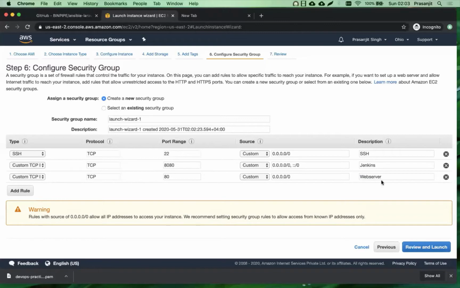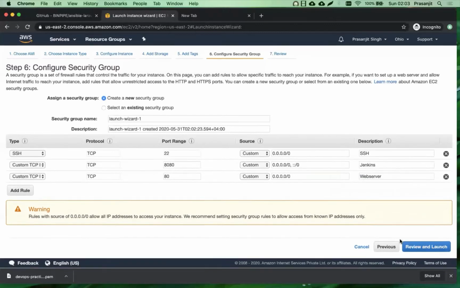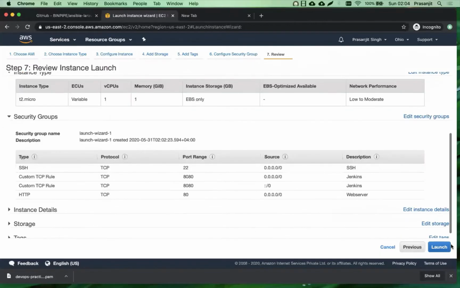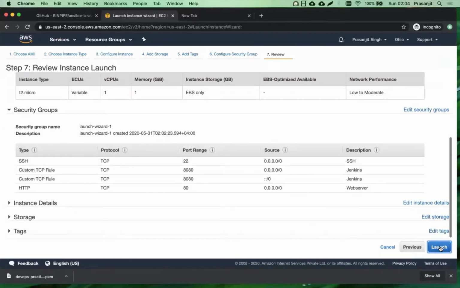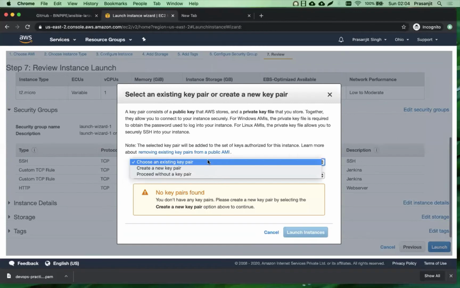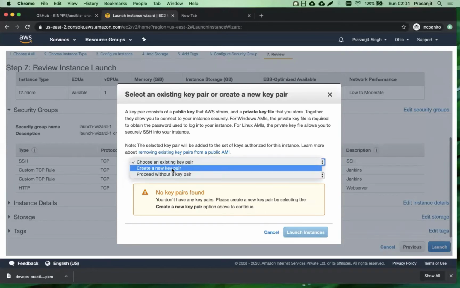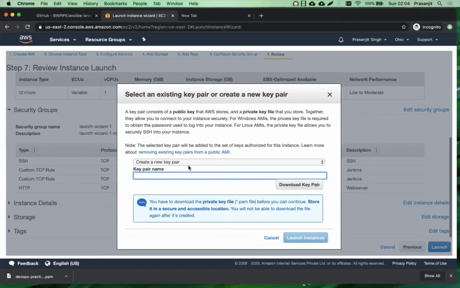Okay. So that is all for our security group review and launch. I think we are good. Okay. Now the key pair. We can either choose a new key pair or proceed with the existing key pair. I think we should do a new key pair because in this region I don't have any key pairs in the list. So demo